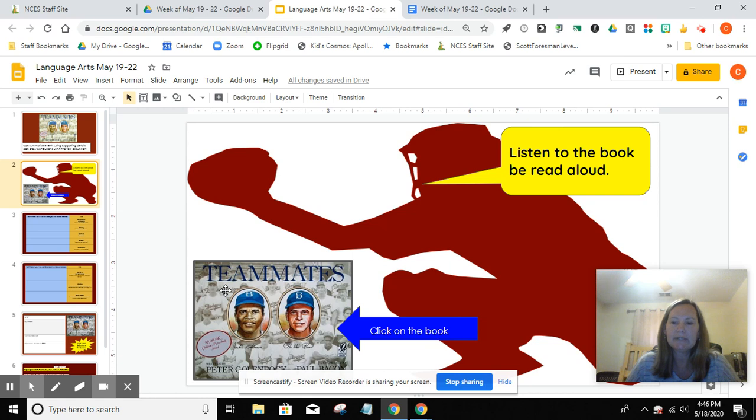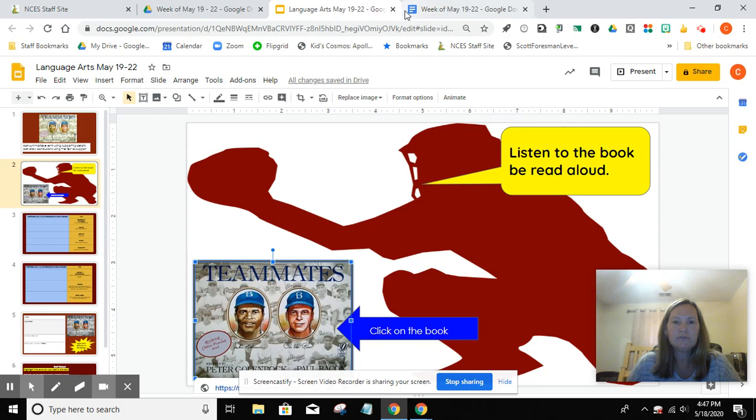So on slide 2, this is where you're going to click on the book at the very bottom. It's actually going to read it aloud to you, so you will not need to read the text yourself. You're going to have to listen to it. However, the book will show images of the pages. So when you go back to the next few slides to answer these questions, I would keep this book, which is actually a Flipgrid,